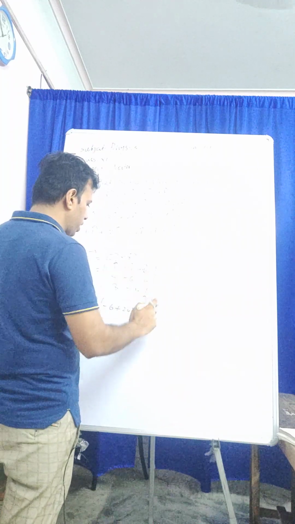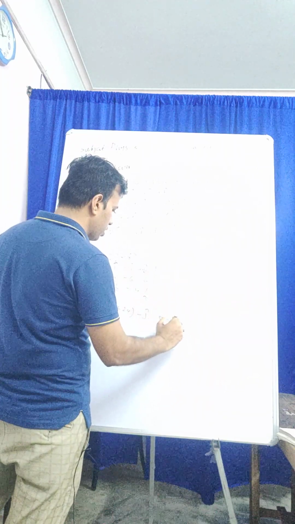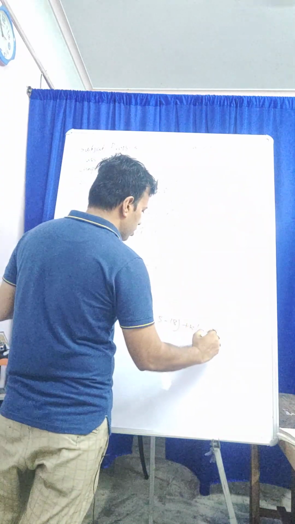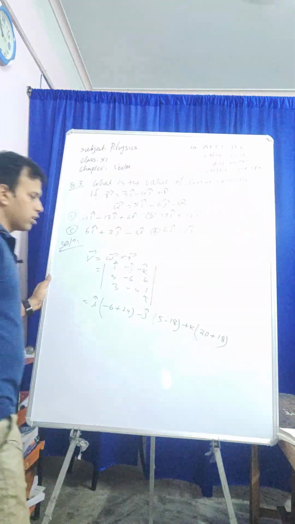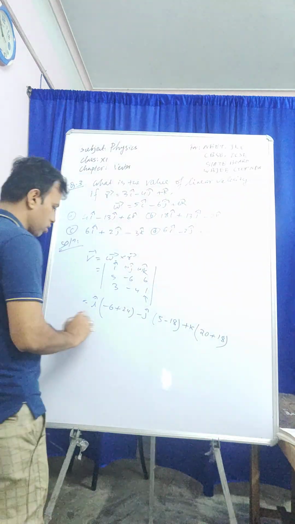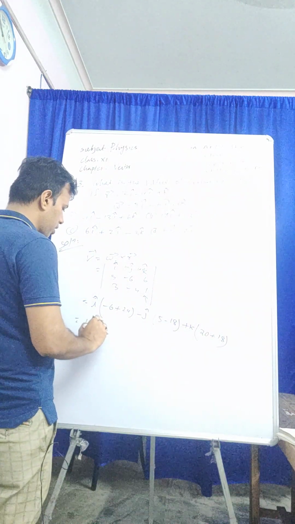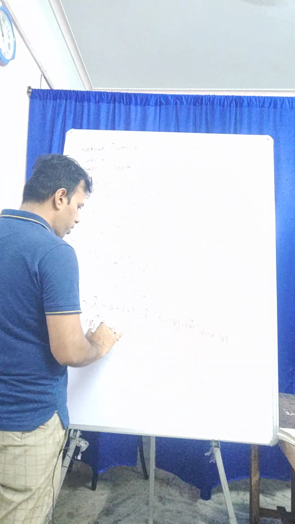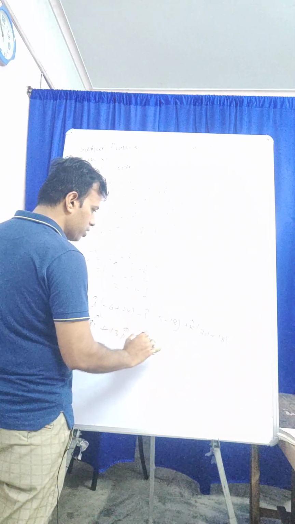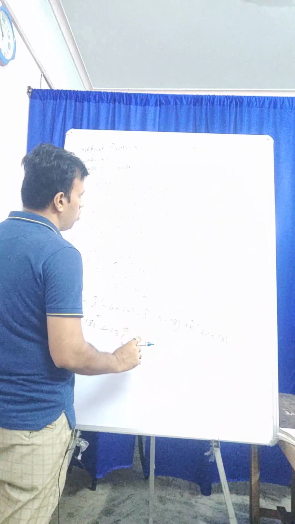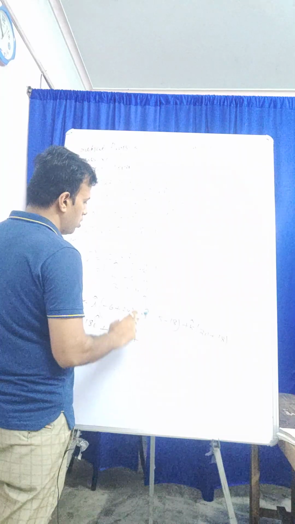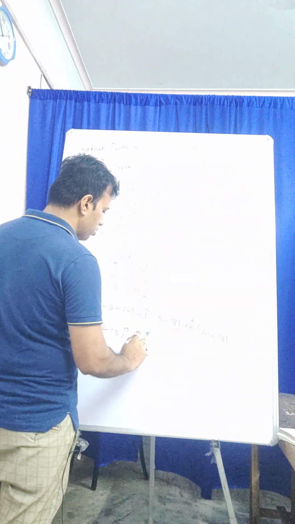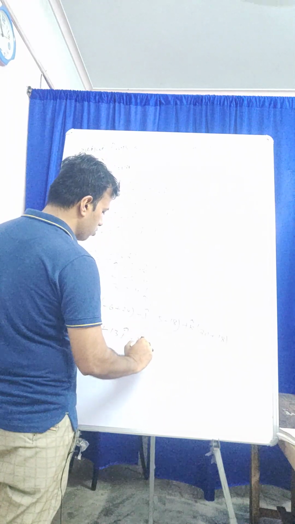This row and row column will cancel out, so it will be 5 minus 18 plus K. This will be 20 minus 20 plus 18. So it will be 18 I cap plus 13 J cap plus, if I take this one, this will be minus 20. It will be minus 20 and minus 2 K cap.